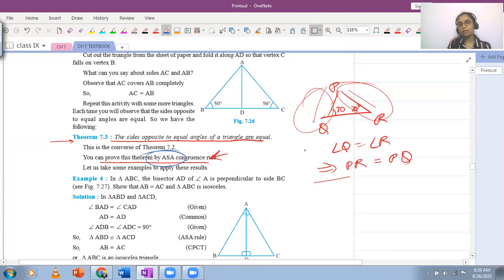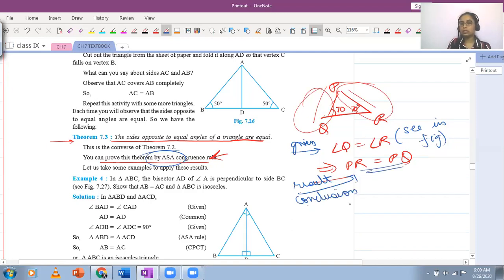Okay, Manya is asking, Manya, beta, this is something which is given, like angles are equal, you can see in figure, right? And this is the result. This is the result we can conclude. Like this is the conclusion you can draw, that if the angles are equal, the opposite sides will also be equal. This is the conclusion. This is not given. This is something we can conclude using this theorem, because of this theorem here. This is what this theorem states.